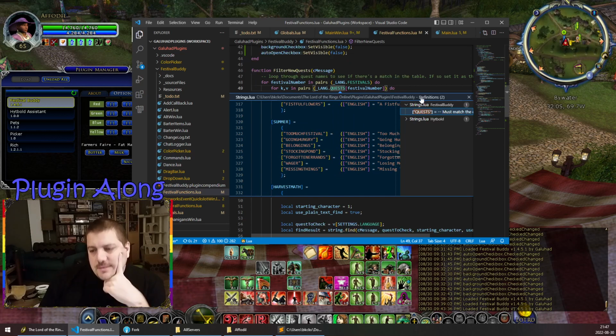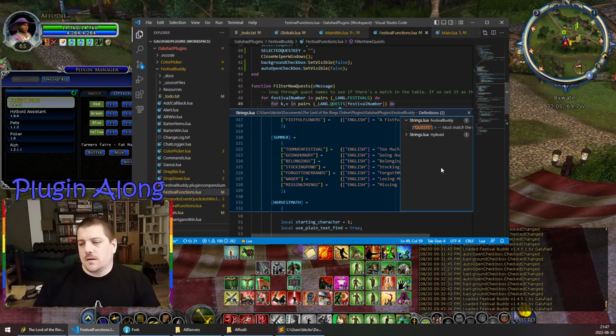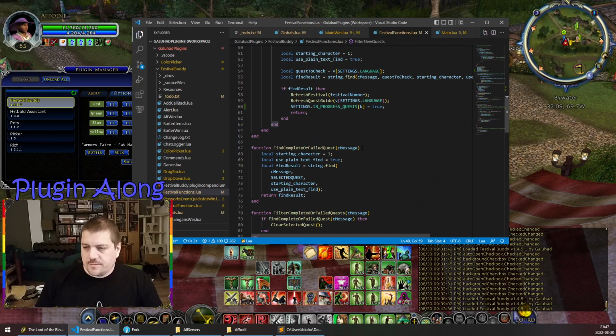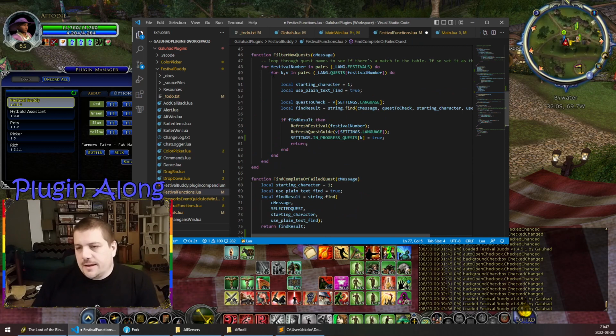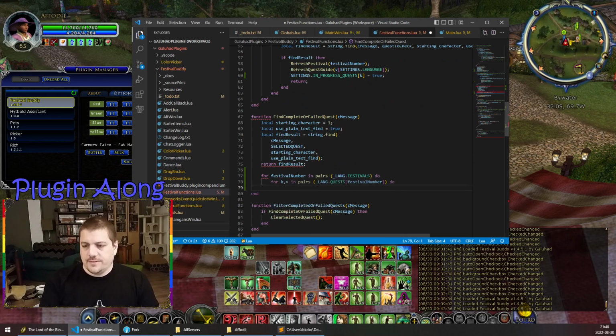So it feels like we need to be able to check for the completion of any quest. So specifically we're looking for the cleared quest, but if we go ahead and do a look through every quest,